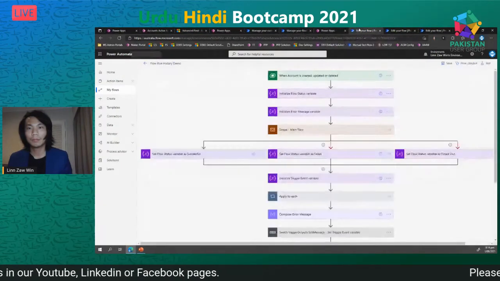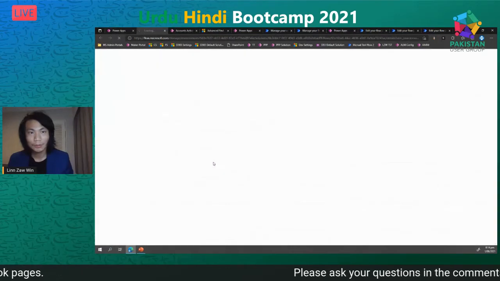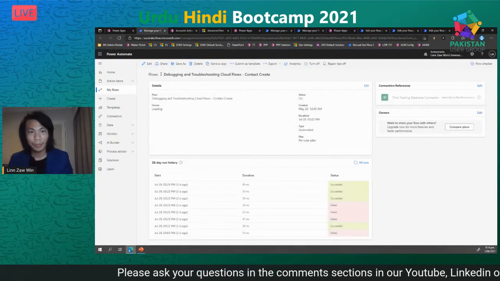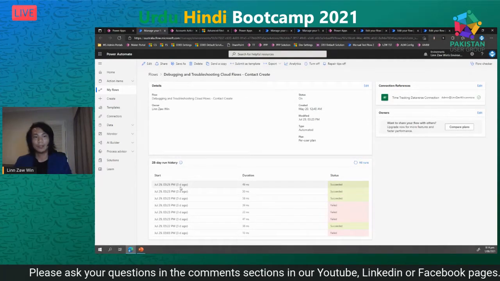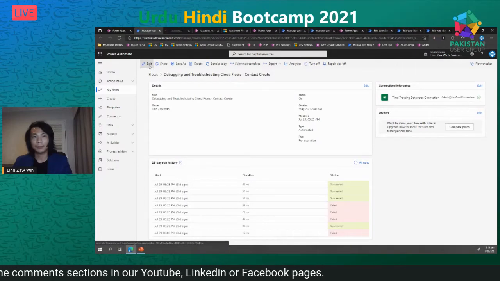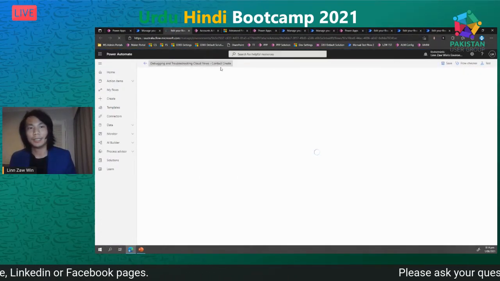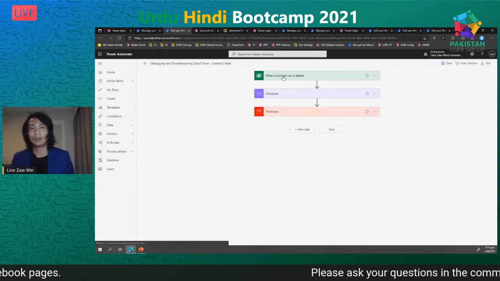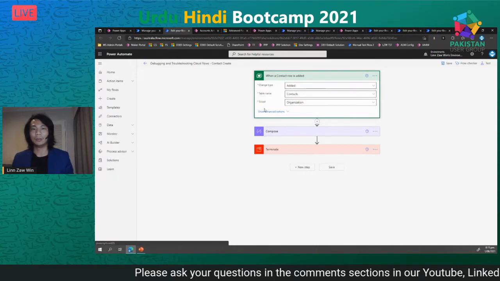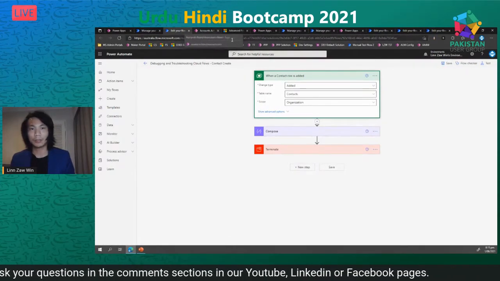So this particular flow run history, if you go into this edit mode, you can see this flow runs when the contact row is added. Okay, so if we want to find when the contact row is added,